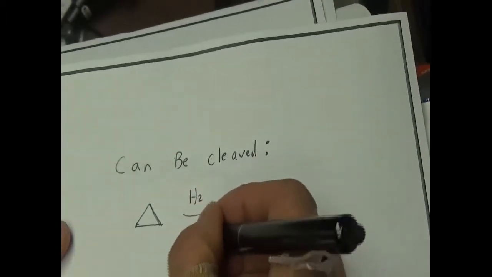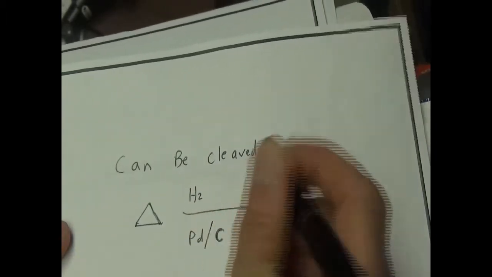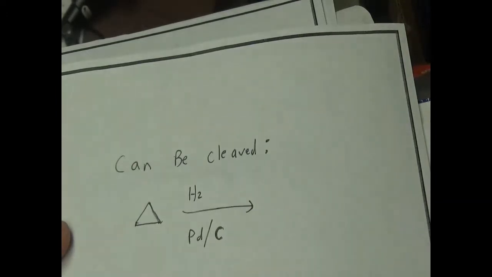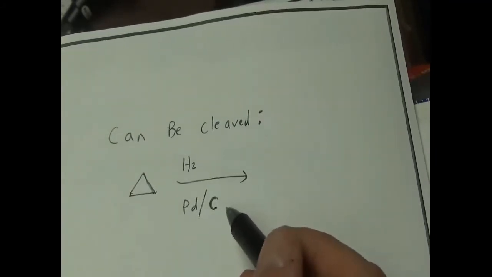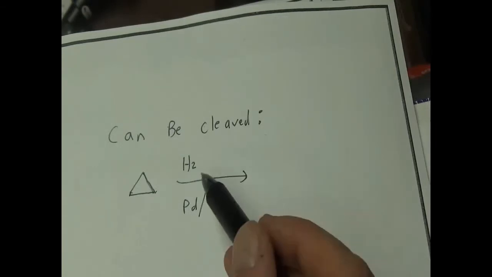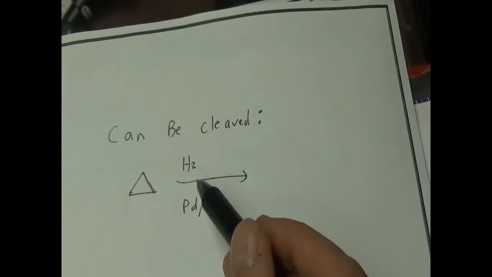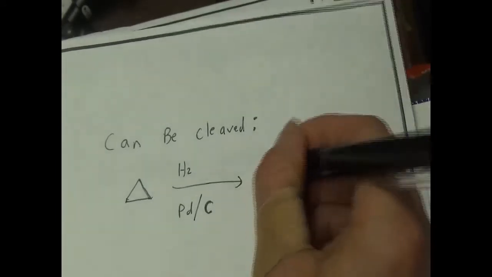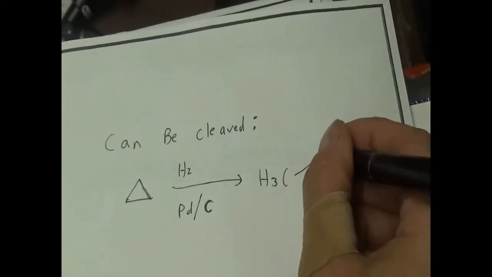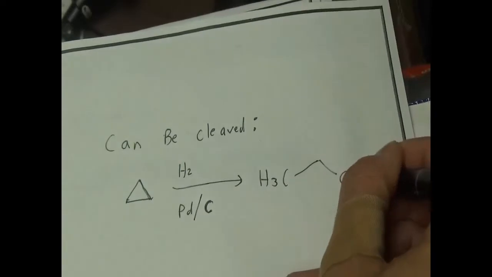So it's very easy to react this with H2 and palladium on carbon. And what does that mean? Palladium on carbon, we're going to learn a lot about that later, but it's palladium, the metal, and carbon is basically charcoal. And then you're using H2, hydrogen gas. And what we're going to find is that you can cleave cyclopropane to make